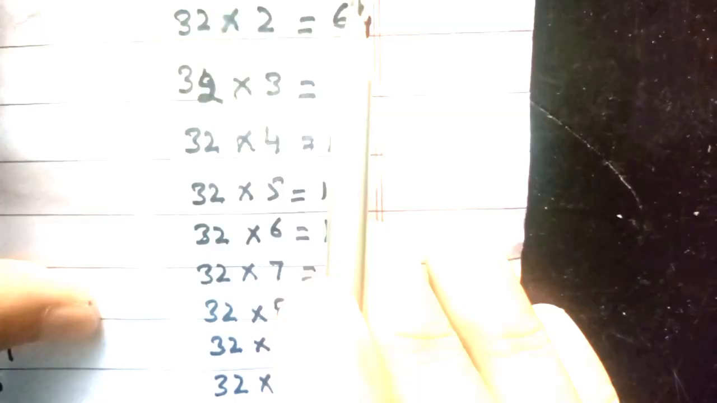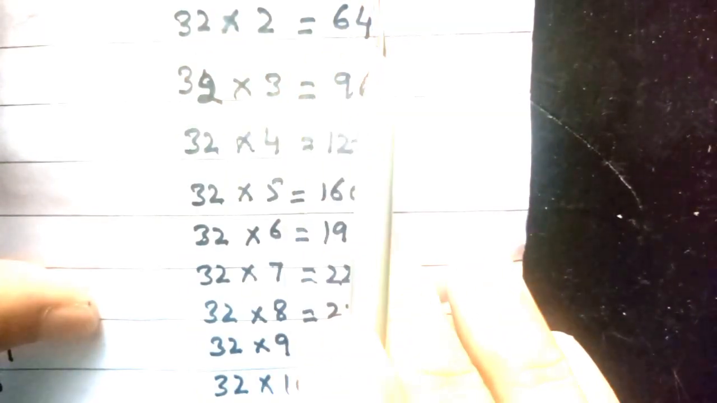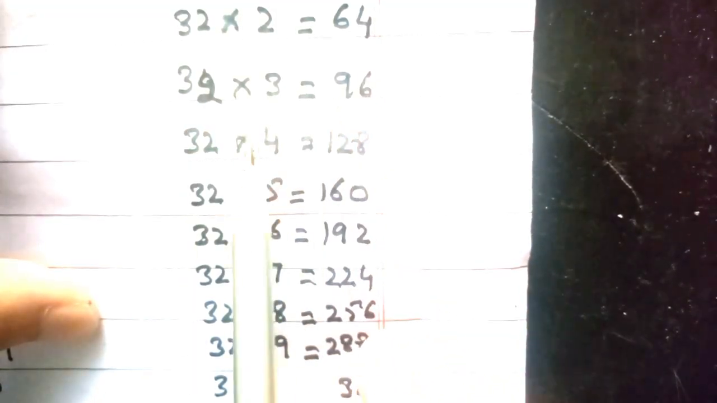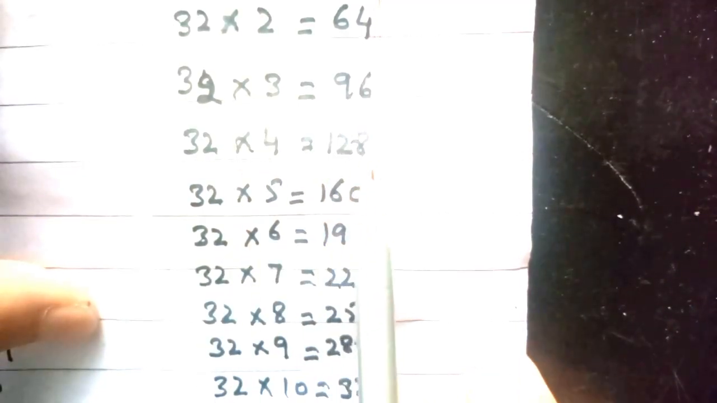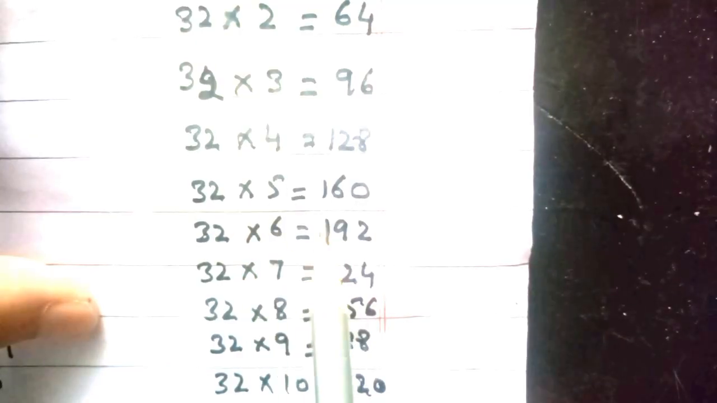So repeat the table. 32 ones are 32, 32 twos are 64, 32 threes are 96, 32 fours are 128, 32 fives are 160, 32 sixes are 192,